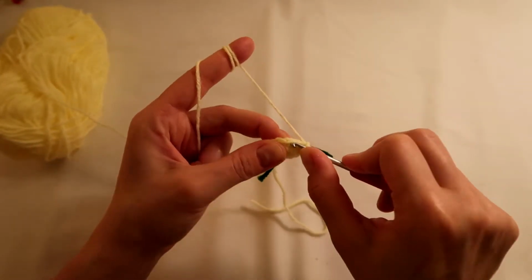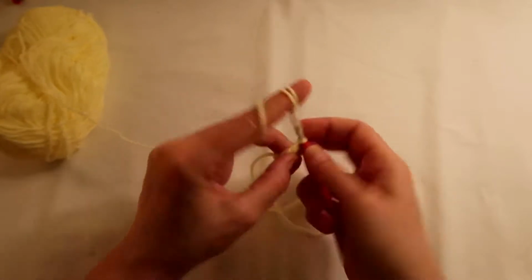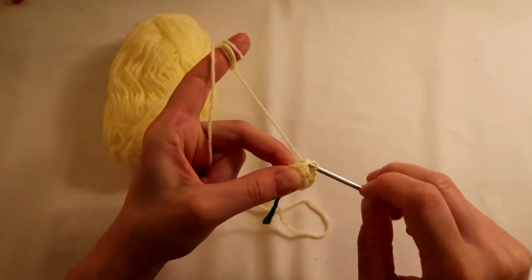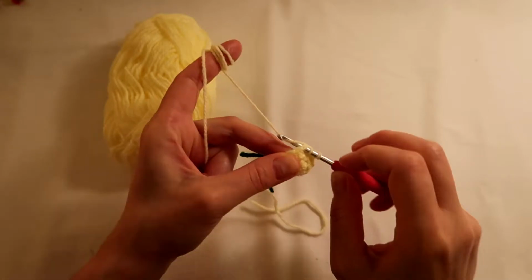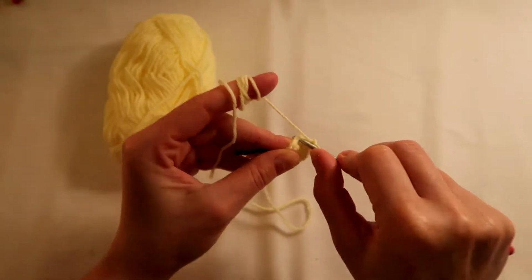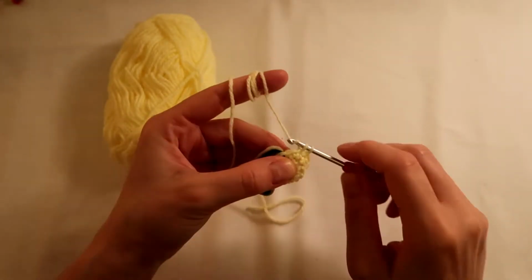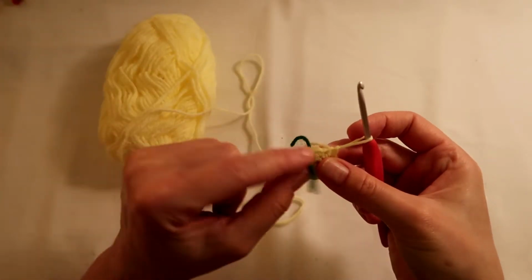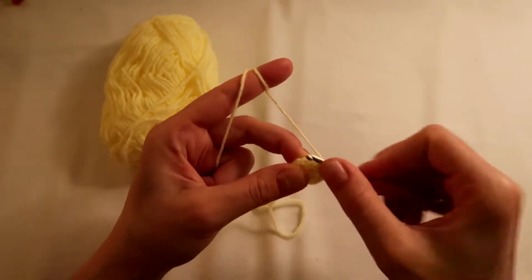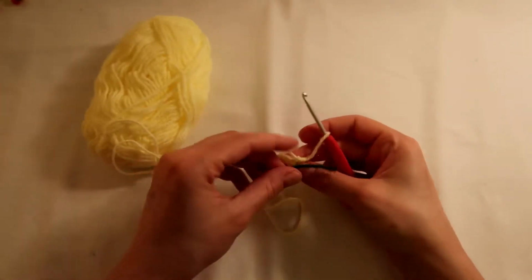And then again I'm going to do 2 double crochets, 1 in each stitch, so 1, and in the next one 1, and then I'm going to do another decrease again. So first stitch, yarn over, pull through, second stitch, yarn over, pull through, 3 loops, yarn over, pull through 3, and then 2 double crochets, 1 in each stitch one last time, 1 and 2, and then the last decrease. You can see I have 2 stitches left here and here, so I'm just going to do 1 decrease here. Okay, marker back in,